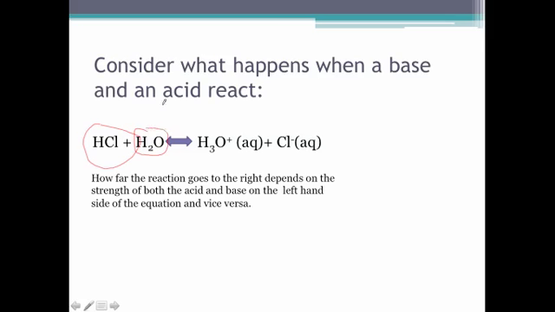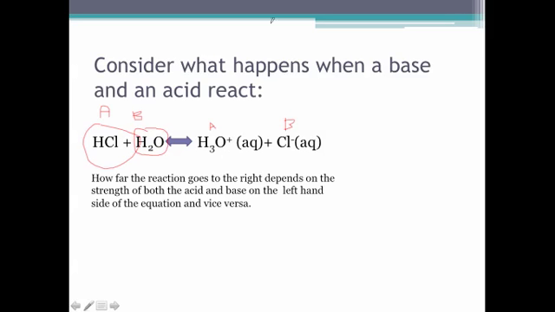And I also said to you that the back reaction can occur, and that is that the hydronium ion can give up a proton to this chloride ion, in which case it's an acid. In fact, I'll just write A here for acid, and the chloride ion's the base, and this is the acid, and this is the base here. So,